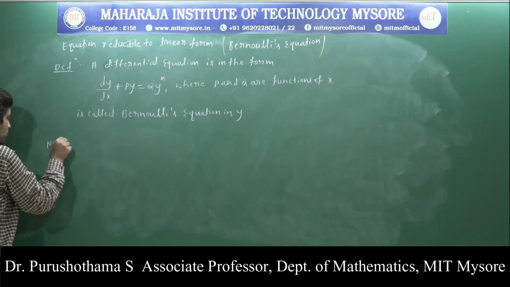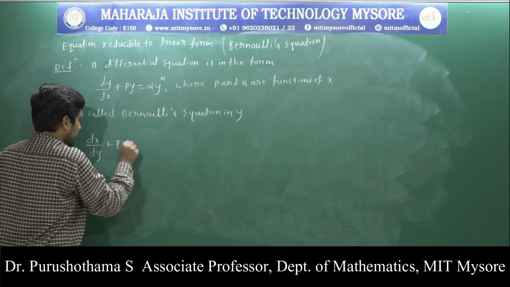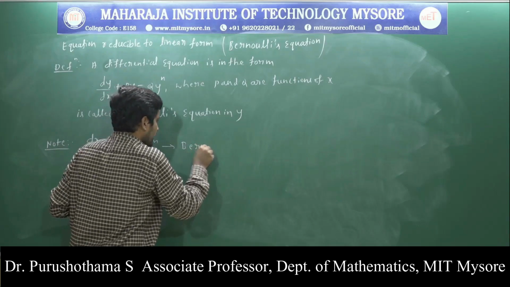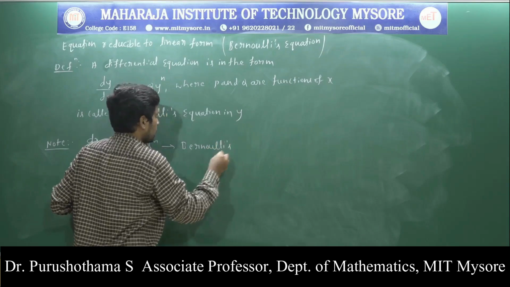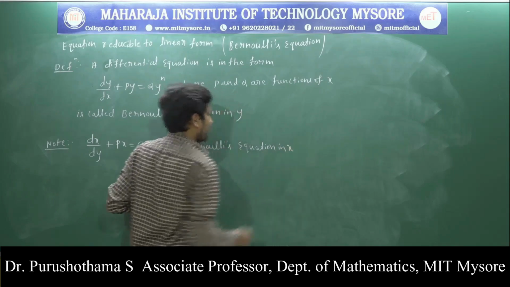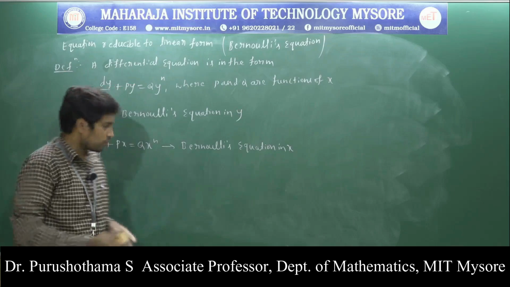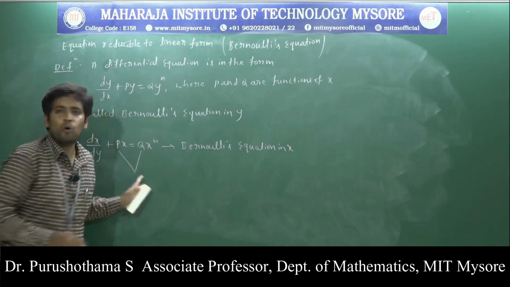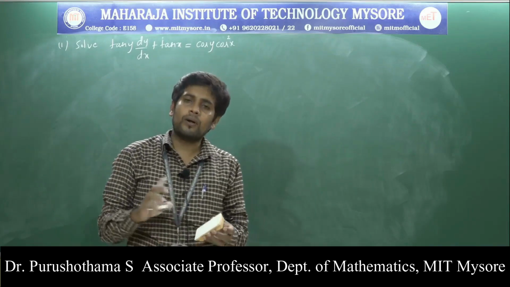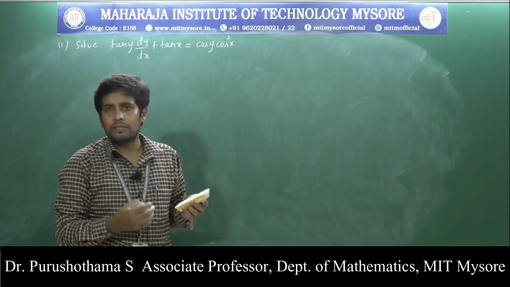Similarly, dx by dy plus p into x is equal to q into x power n is called Bernoulli's equation in x. This is Bernoulli's differential equation in x. Here also p and q both are functions of x. Okay. Now I am going to solve problems on Bernoulli's differential equation, meaning we reduce the given equation into